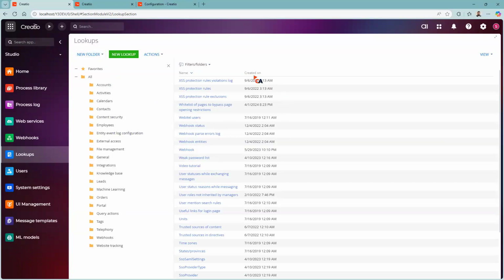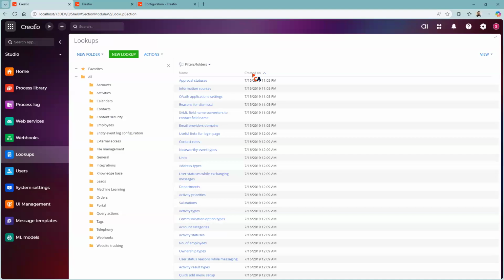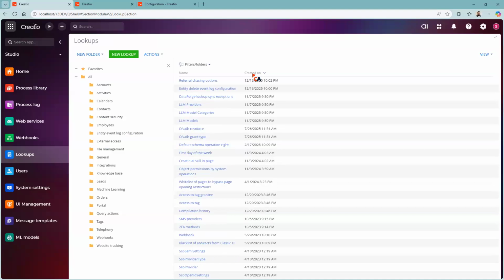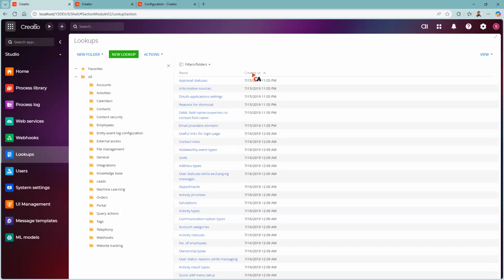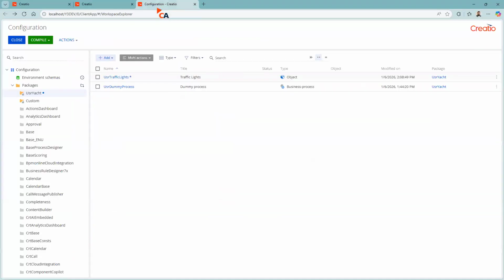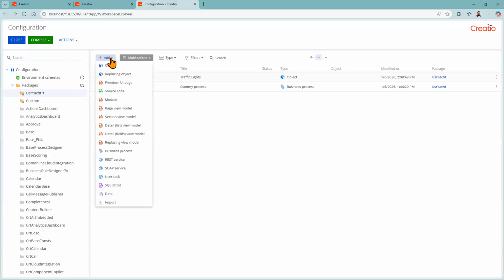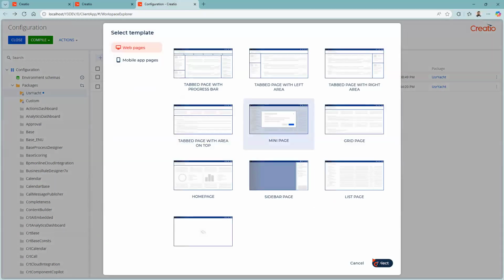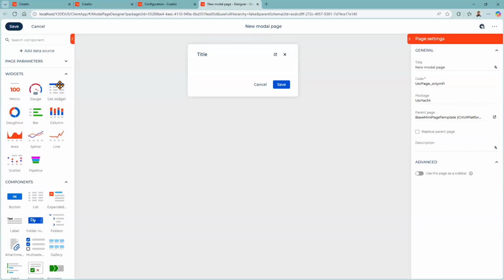So now I can sort my lookups by created on. And I will not find my traffic light here, which is different compared to a different approach that in your no code, for example, if you would be using the drop-down field,